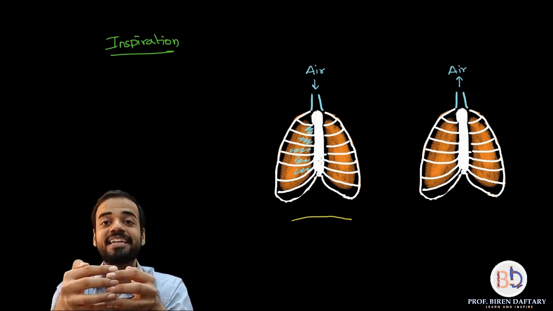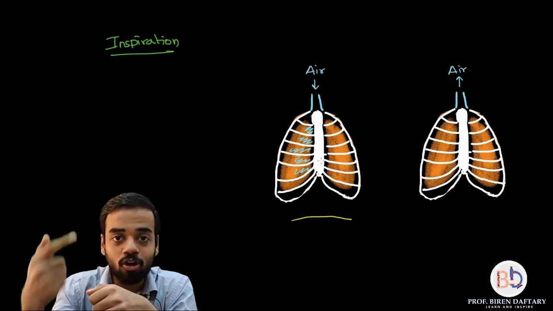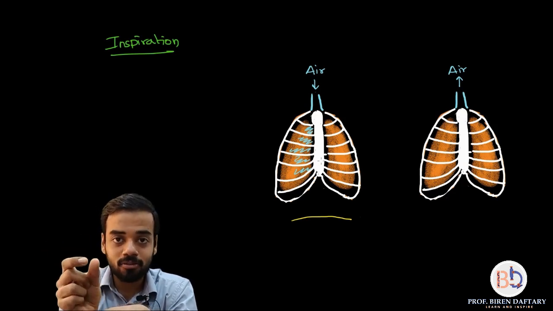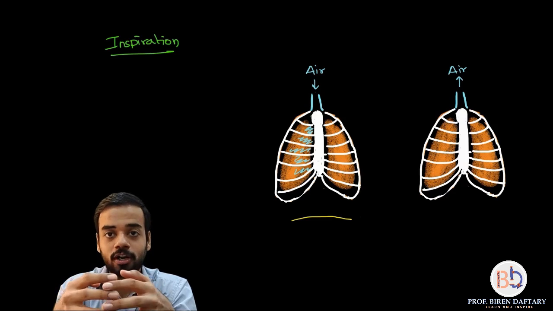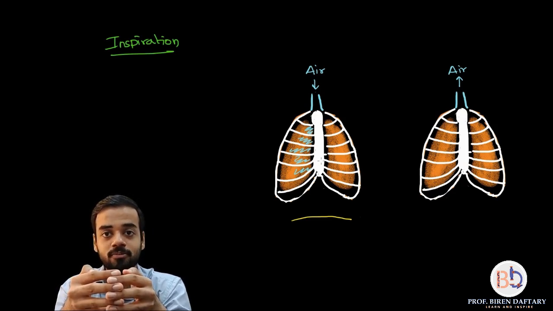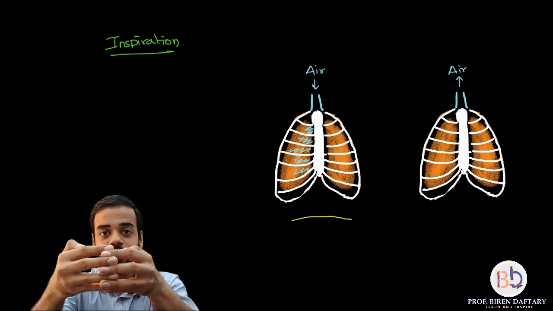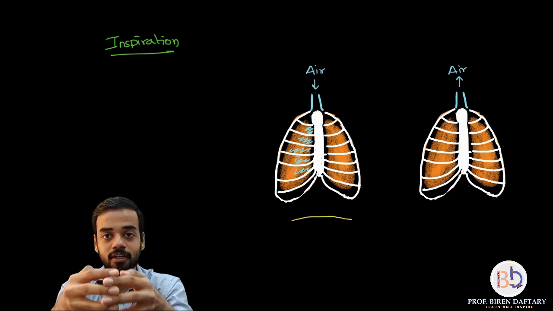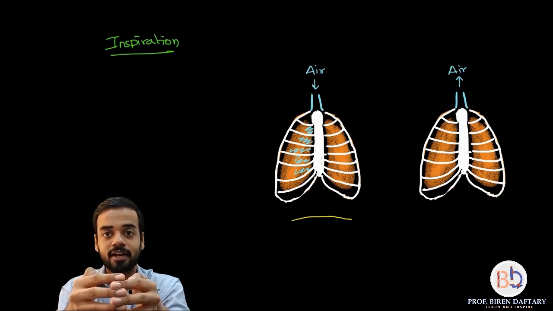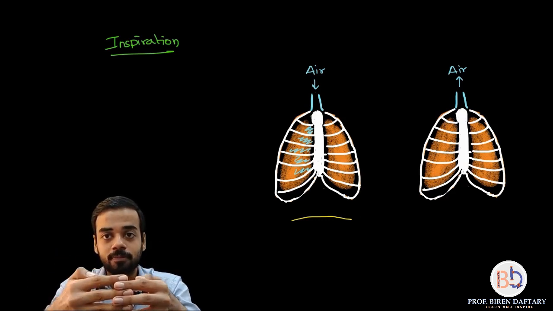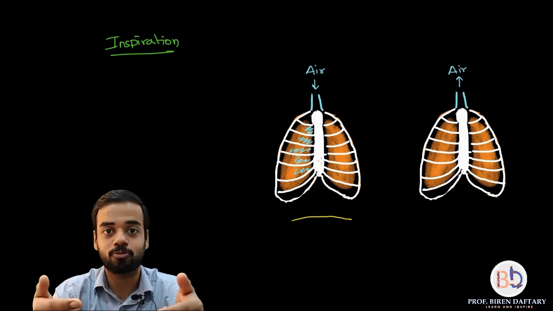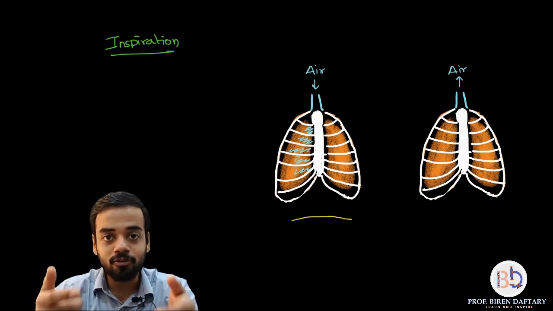So when the intercostal muscles contract, they are reducing in length. What happens is the rib cage is kind of opened up. When the intercostal muscles contract, the rib cage opens up like this. Just imagine that you are seeing the rib cage from the front. Initially the rib cage was like this, and when the intercostal muscles contracted, they pulled the ribs, and because of that the rib cage opened up. So again there is more space. Are you understanding my point?